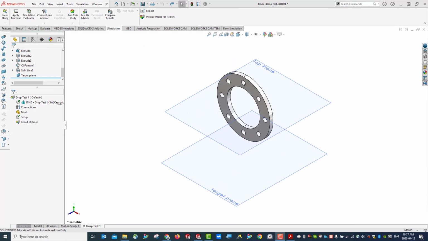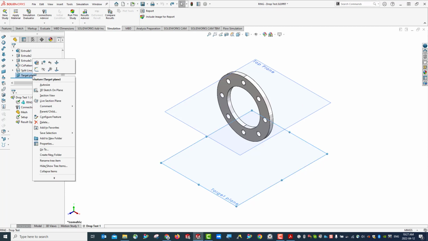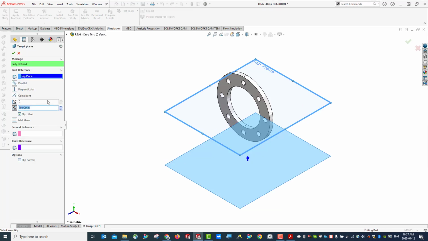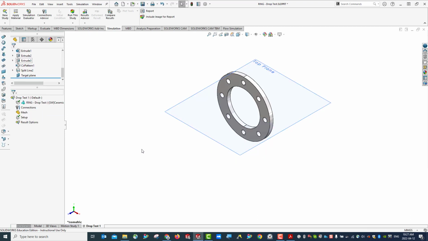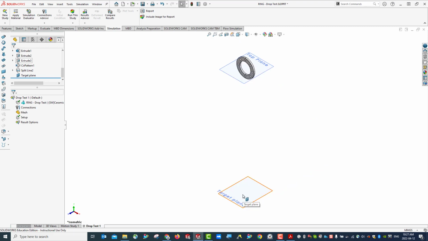Before we go further, we would like to set up the distance between the top plane and the target plane to be 500 millimeter. Let's do this. 500. And then accept the modification and Control 7. You see, there's a target plane, top plane. We change this, save my file. Okay, then next step,